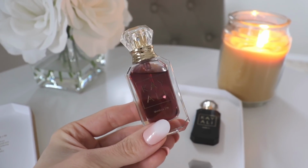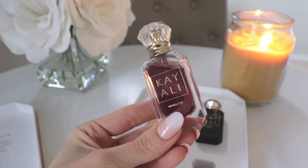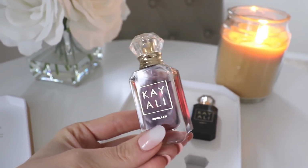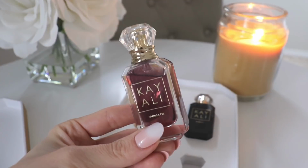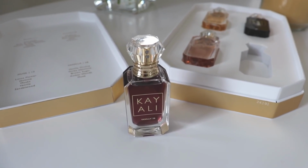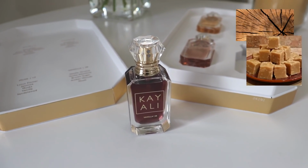This is very warm, it's very cozy, and it's very flattering. It's a warm, cozy, feminine, flattering vanilla. Hard to dislike, mass-pleasing, would make a great gift, pretty safe blind buy as far as I'm concerned. And yeah, I do have it on my arm. I'm really getting a lot of amber woods and a lot of brown sugar. So it's a very warm, cozy,